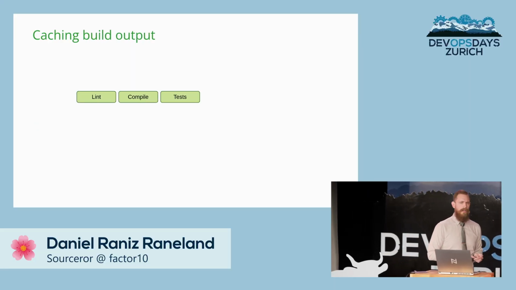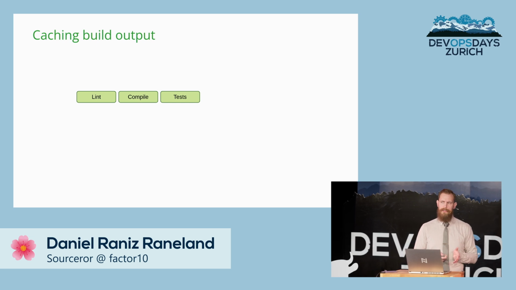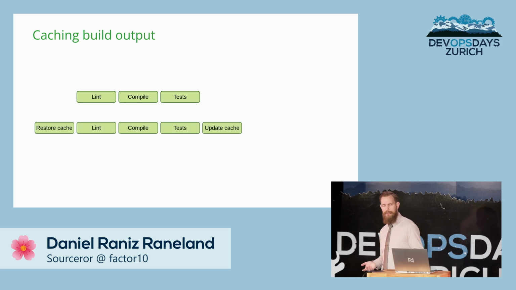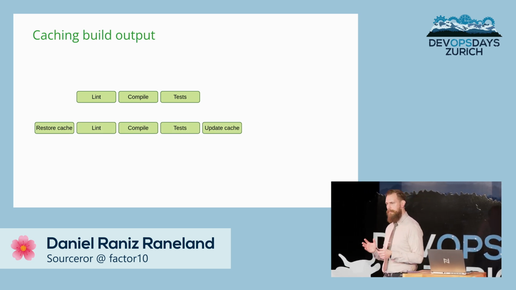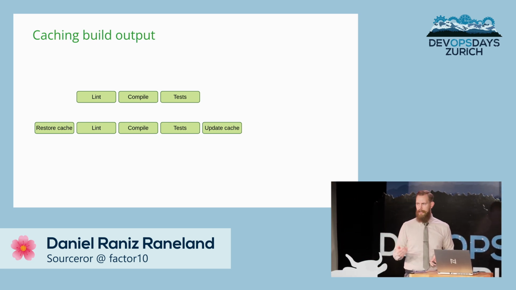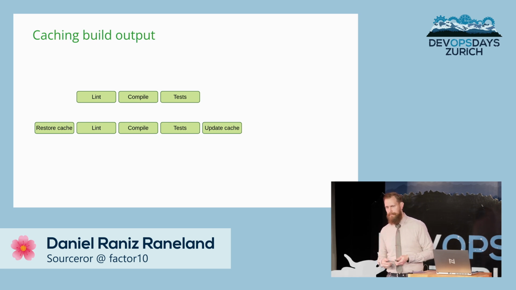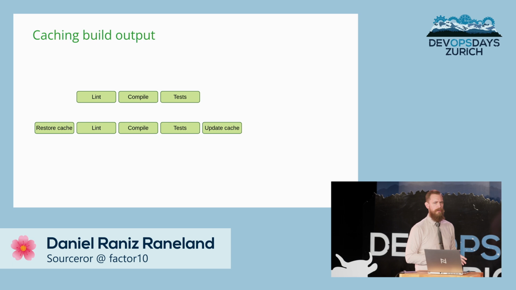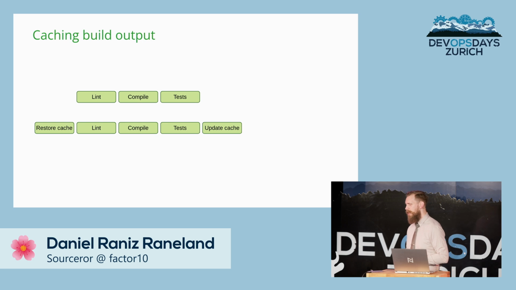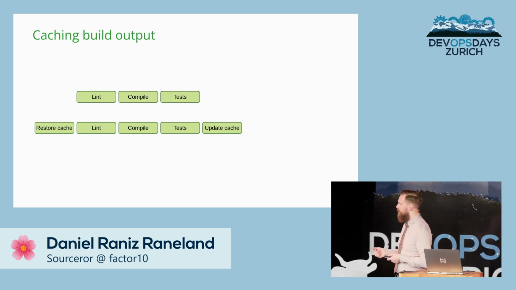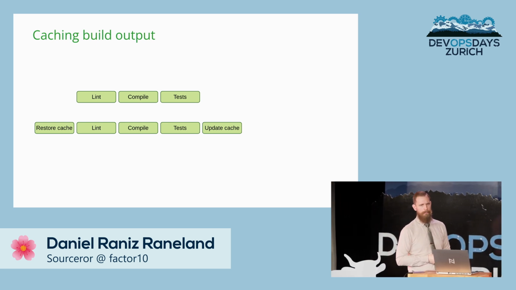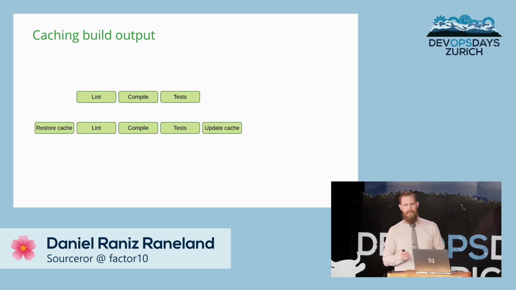time. What we can do instead is cache the build output. So we just do the same. We add a cache restore and update before and after we lint, compile, and test. That means that we can use the incremental build just as if you were developing locally. This doesn't work for all languages. It typically doesn't work for TypeScript, JavaScript, transpiling, but it works for C, C++, C#, Java, Rust, a whole host of other languages, Go also probably. I haven't tried it. And this saves us a lot of time.